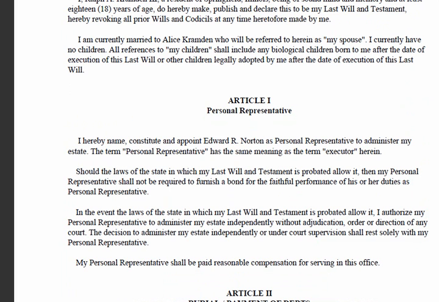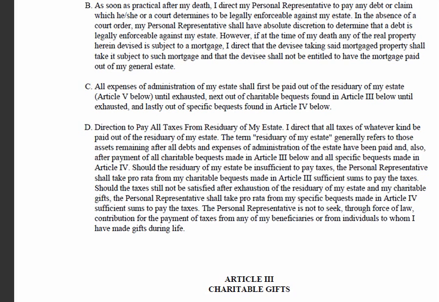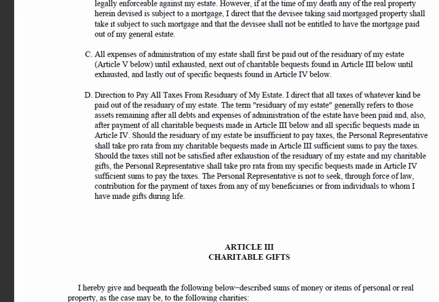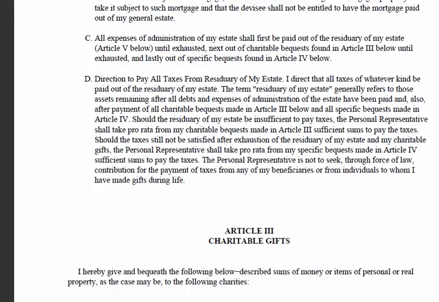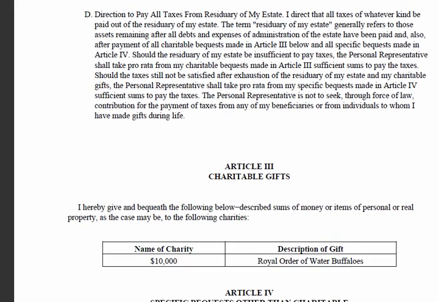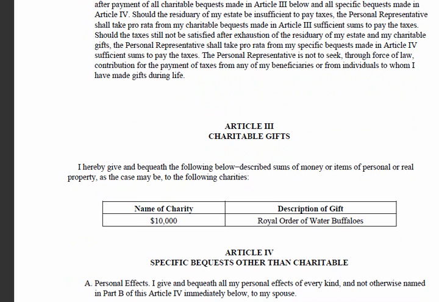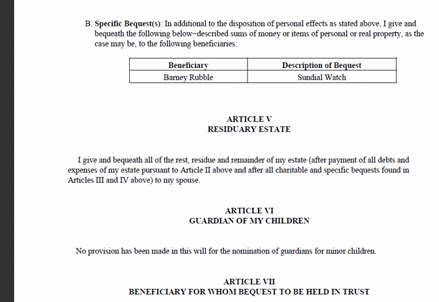Some directions about paying taxes and the debts of the estate to the executor. There's a charitable gift. Then we'll go into specific bequests, listed 1. You can make a list and attach it to the will. So if you have a long list of items, all your jewelry and your furniture, that go on for pages, well, that can be a separate list signed by you and attached to the last will. Don't hold me on Louisiana, but in the other states that's allowed.